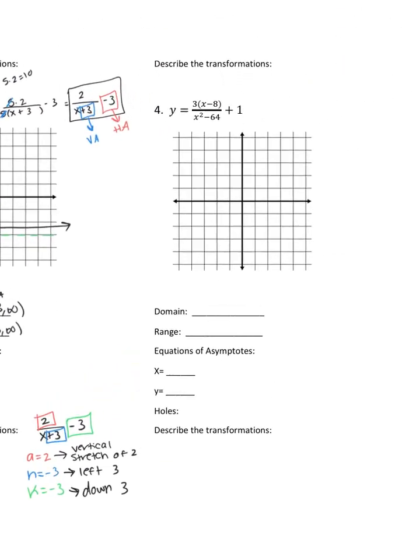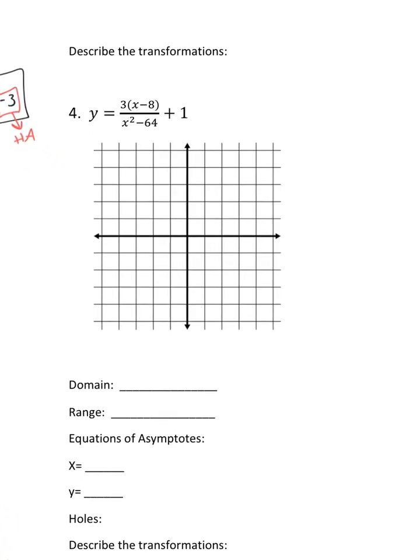Okay, number 4. It's a fun one. So this one involves some hardcore factoring. On the bottom, you've got this x squared minus 64. That is what I want to factor. The top where you have the 3 in the parentheses x minus 8, do not distribute the 3 there. Just leave it as is until we factor, okay? So I need two numbers that are going to multiply to -64. And since there's no single x term here, it's going to have to add or subtract to 0. So those numbers are 8 and -8. So this is going to become